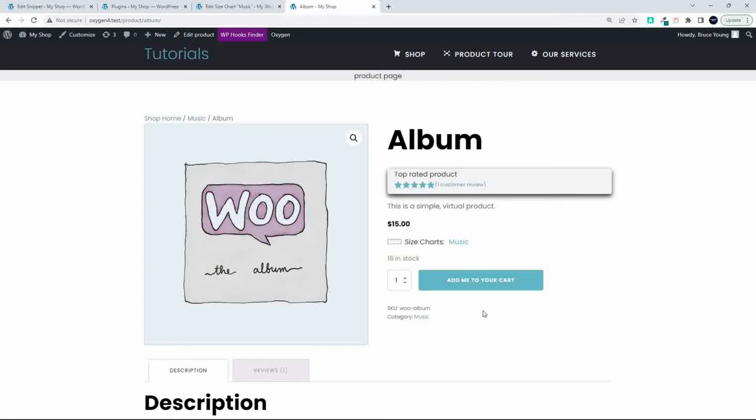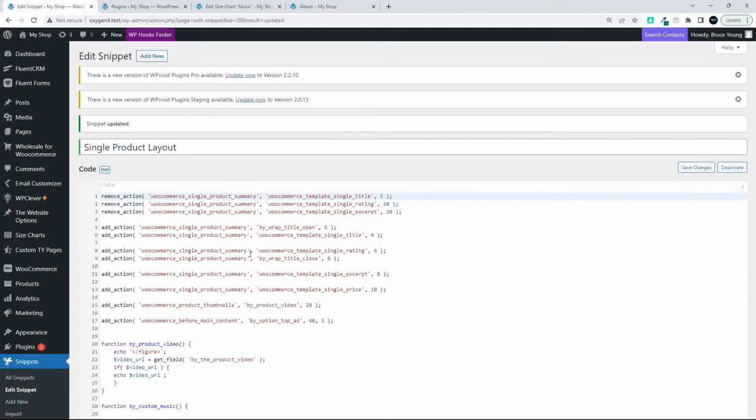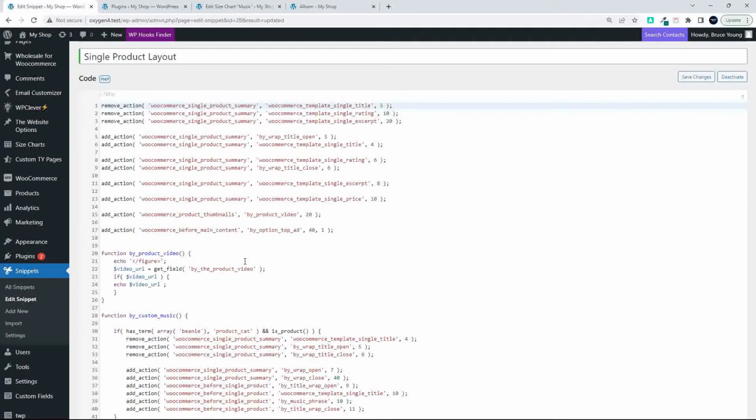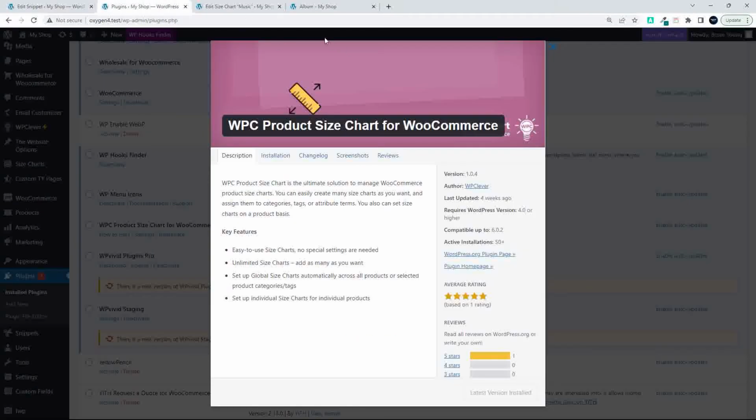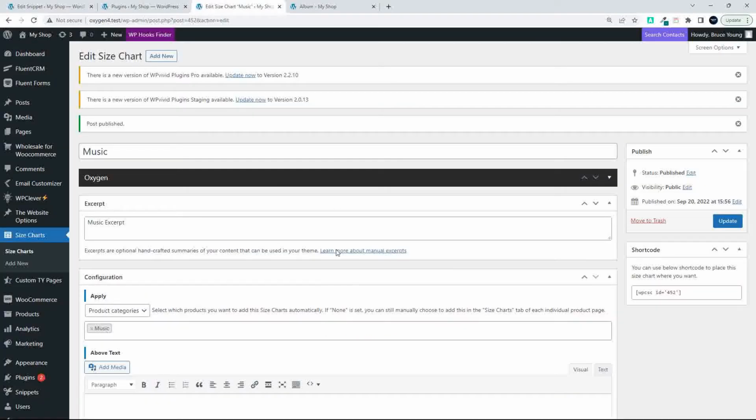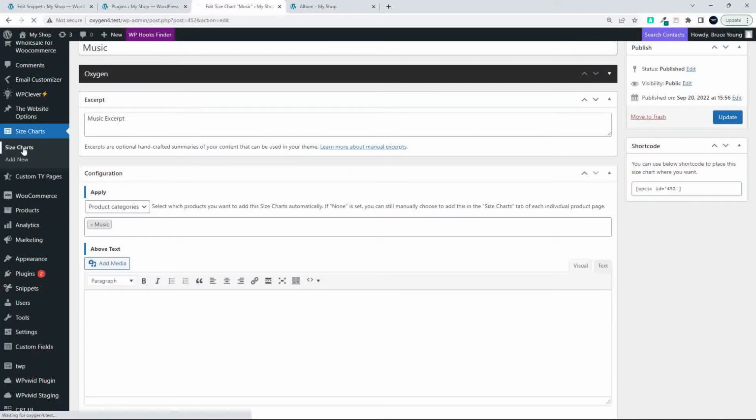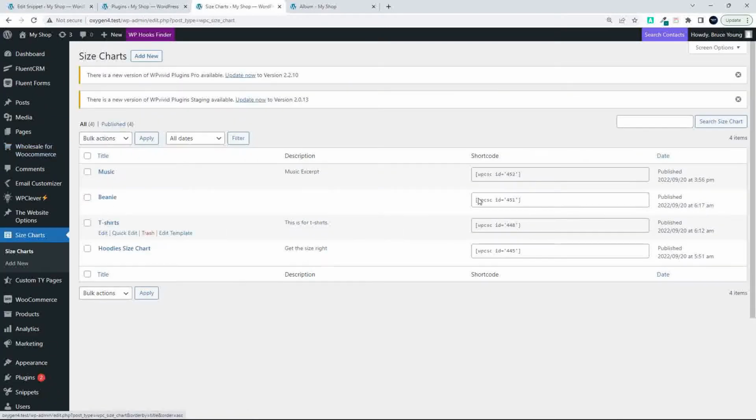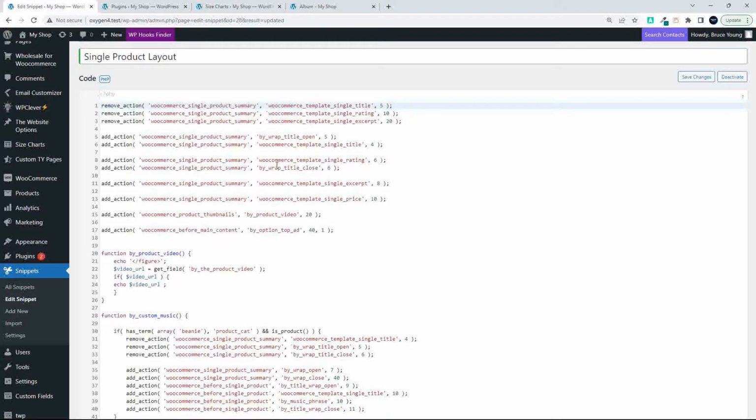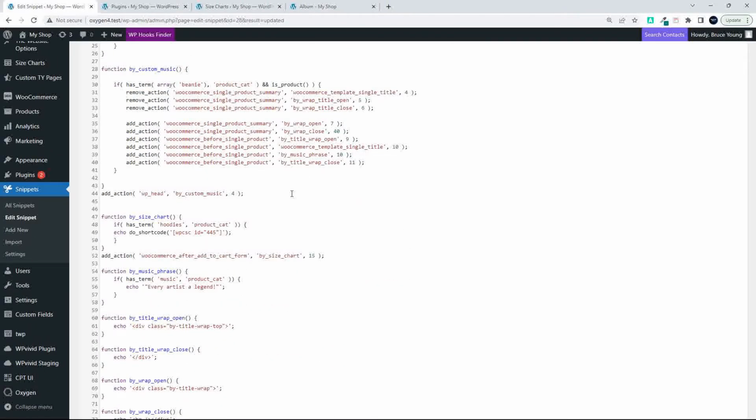So what we can do then is move over to the snippets, and I'm using code snippets. And then what we're going to do is target this particular size chart and insert it into the page. Now, if I go back here to size charts, you'll see that the shortcodes are also displayed here. So I could just as easily have come in here and copied that. Right, then I'm going to head over to my snippets, and now we're just going to target the music